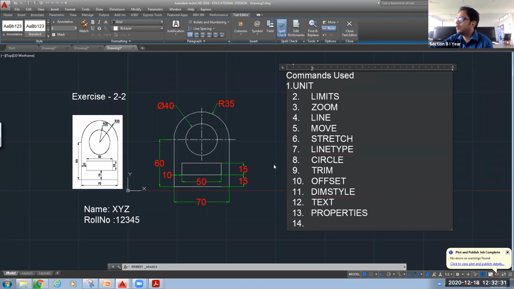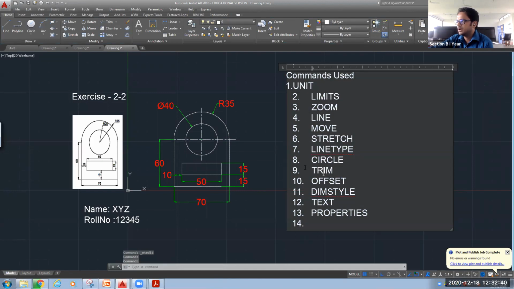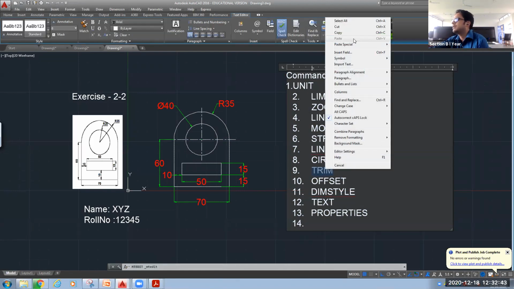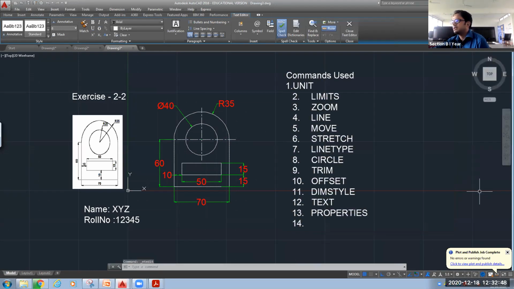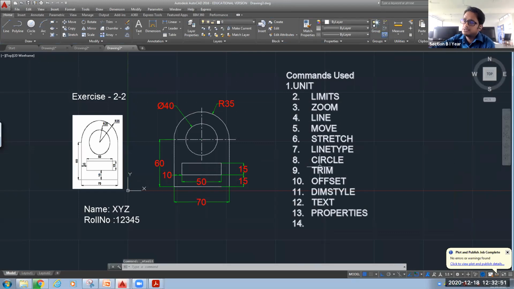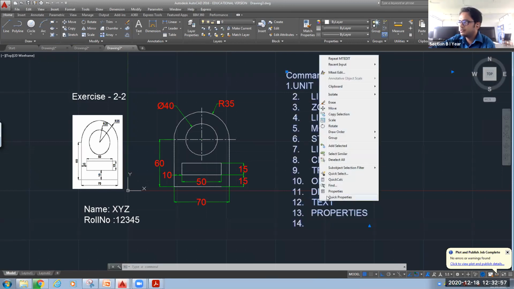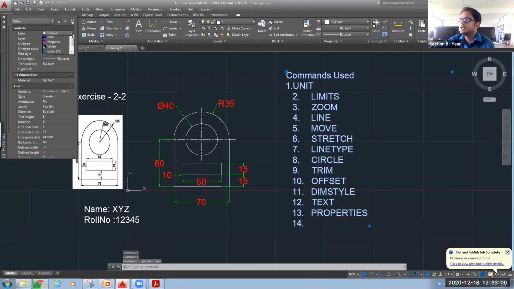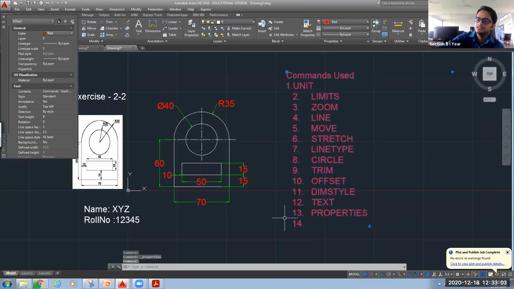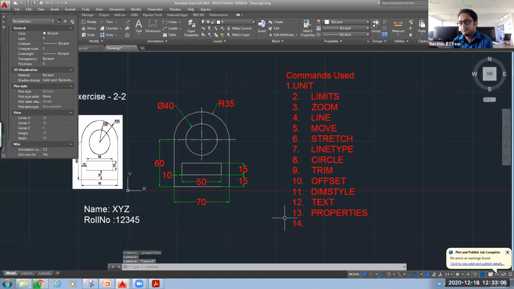Anything else? So these many commands we have seen, of which some are new that we have not used earlier, and some are older ones. Suppose I want to change the color of this. Can I change the color of any single text? No, properties are not there. Suppose I want to make only this trim with some other font color. I'm not able to do that. I have to click properties and then color. I am changing it to red, so the entire thing is changed. But what I am saying is that I have to change the color of any single alphabet.